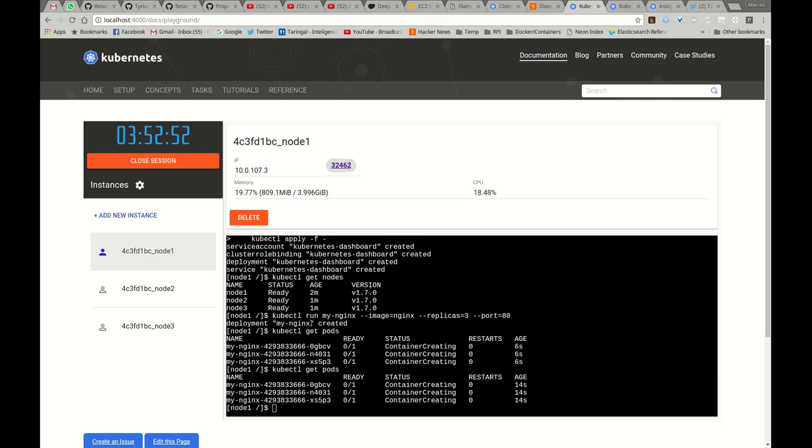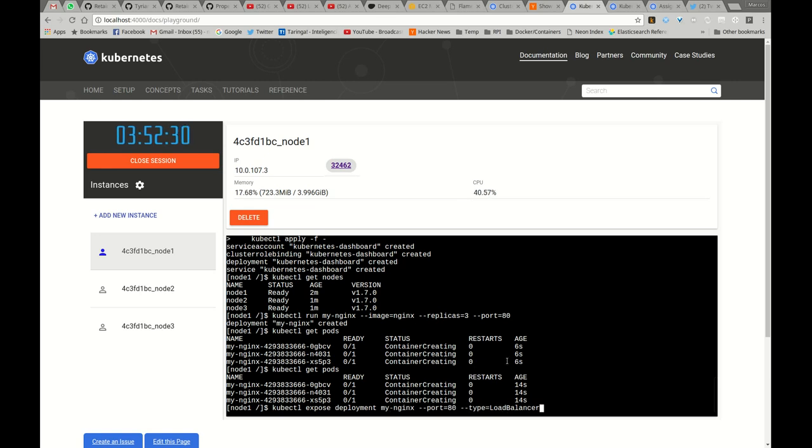So what I'm going to do now is I would love to access this service, by exposing a port and a load balancer, so I can actually load balance my requests across the different nodes. And for that, I'm going to use the kubectl expose option, and I'm going to say that I'm going to expose my Nginx deployment, and I'm going to expose port 80, and I'm going to use the type load balancer